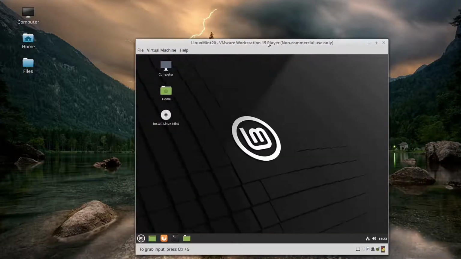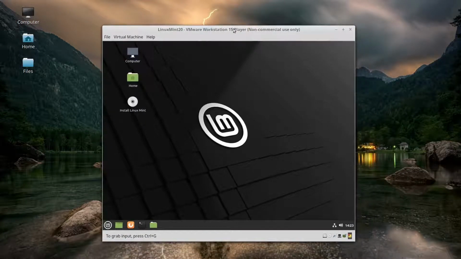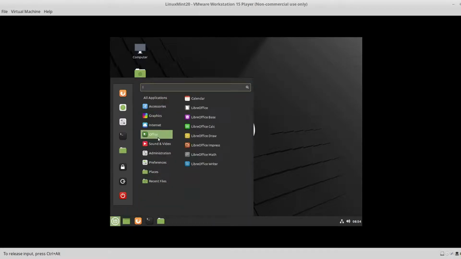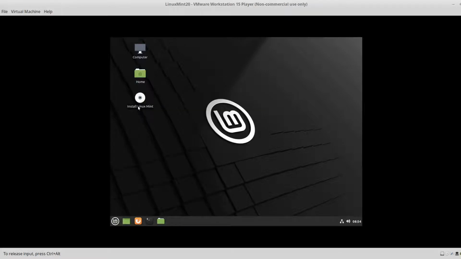Now you can see this is completely loaded. You can maximize the window and it may automatically switch after the installation. Here you can directly start testing your operating system, but we are not going to test it. Let's see the installation first. So click on this icon,